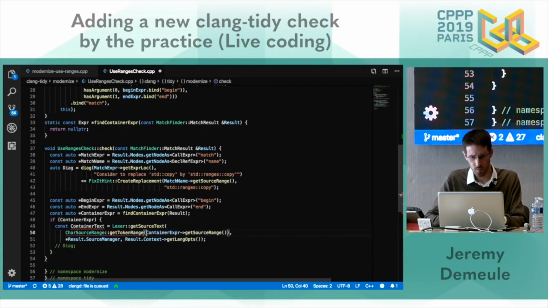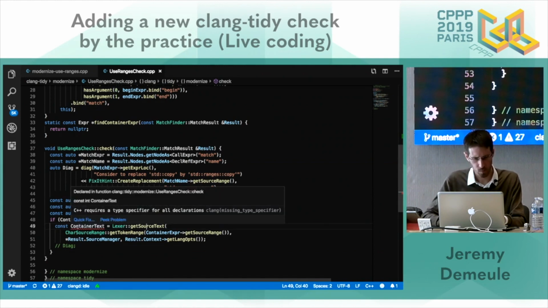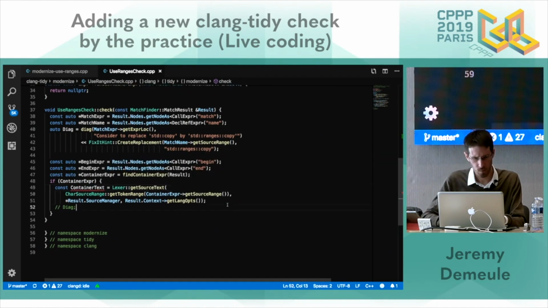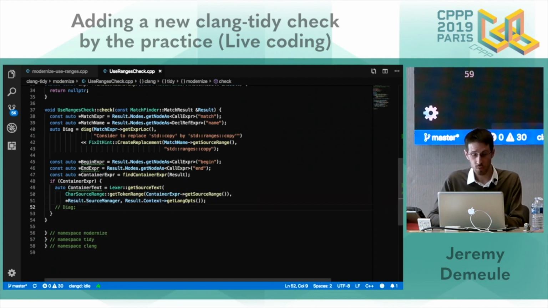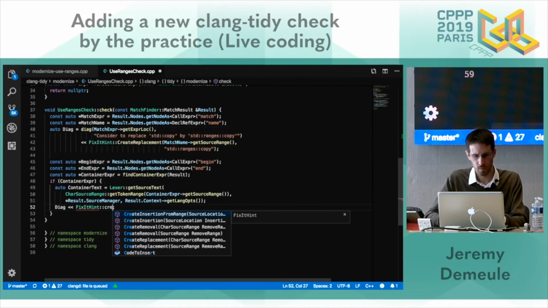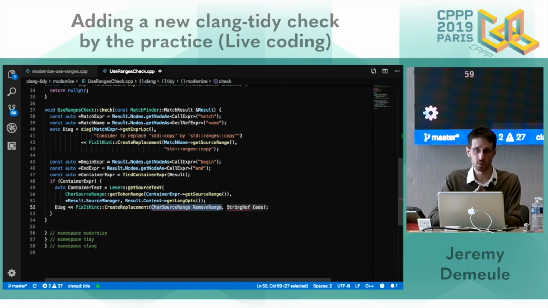This one is not good. I missed something. Ah, yes. So now I have access to the text. I'm able to create my replacement. Create replacement from the beginning of the begin expression to the end of the end expression.